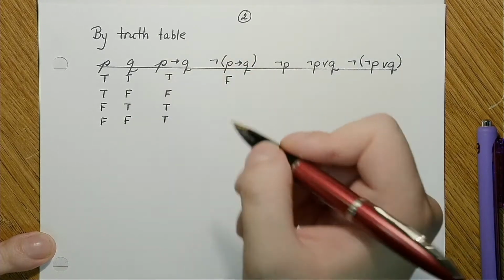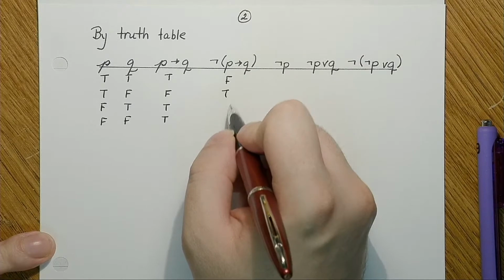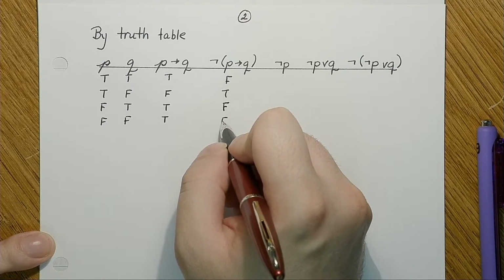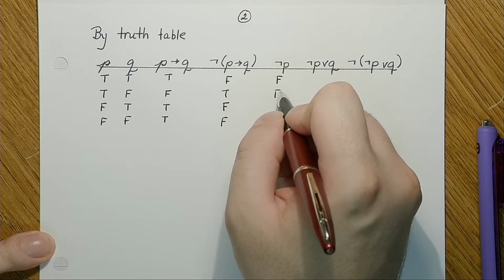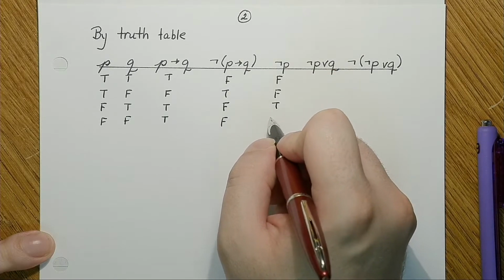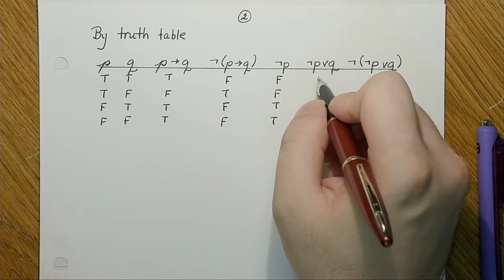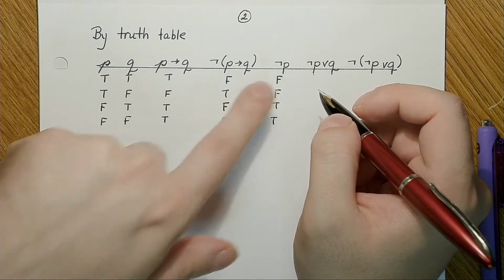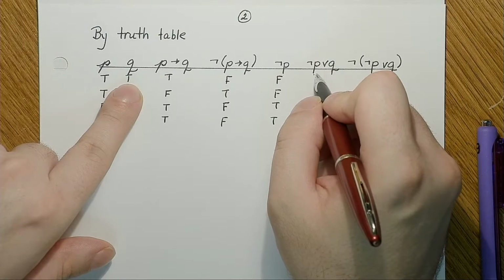There's my implication. And then I just flip the values. Again, I flip the values for this. I have the not P or Q, so